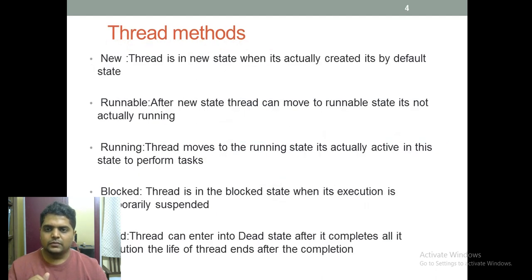Thread methods. As we see in the diagram, a thread is in the new state when it's created, or it's in the new state by default. After the new state, the thread can move to the runnable state. It's not actually running in the runnable state. The thread moves to the running state when it's actually active, and in this running state it can perform tasks that we can assign to each thread. After that we have blocked. What it does is suspend: when a thread is in the blocked state, its execution is temporarily suspended,